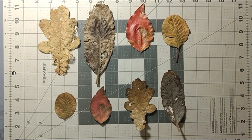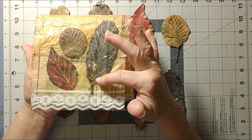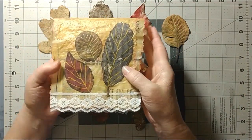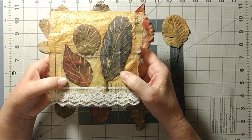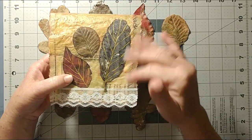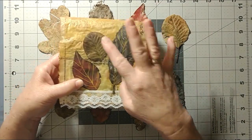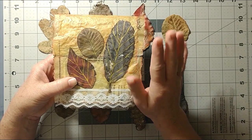In the last video, I mentioned that I'd picked up some leaves and made some vellum stickers, and these were the ones that I decided to put onto this mini journal that we had made together. Or that I had done a flip through. Sorry, we didn't make it, we did a flip through of this one. So I thought, let me quickly show you how I did these because they're super easy to do and very